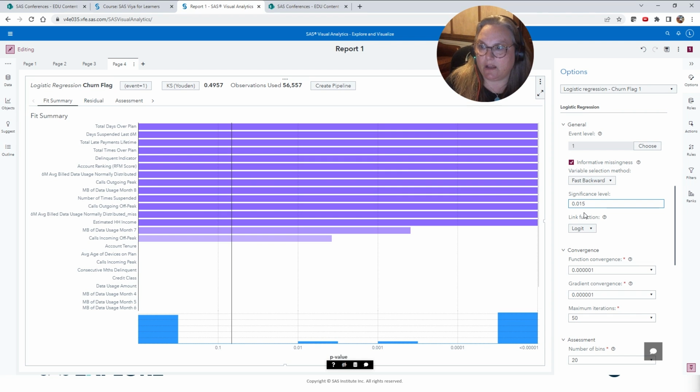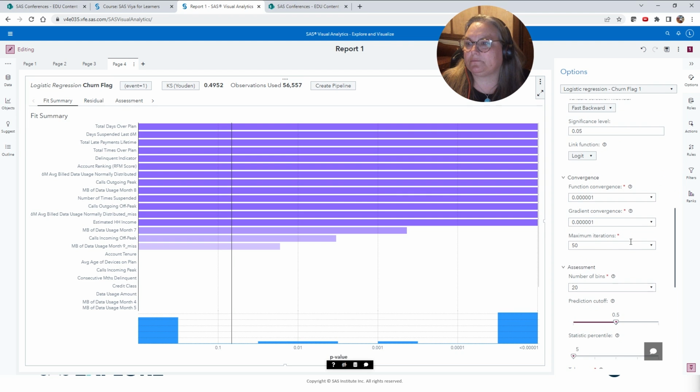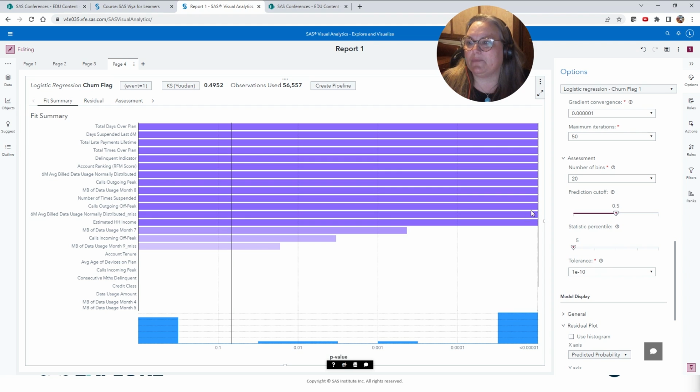Really depends on your industry, how big your data is. My link function, I'm going to leave Logit. I'll leave 20 bins, that's fine. My prediction cutoff is at 0.5. We'll have to see if that's good.